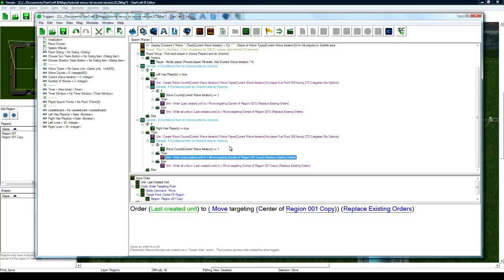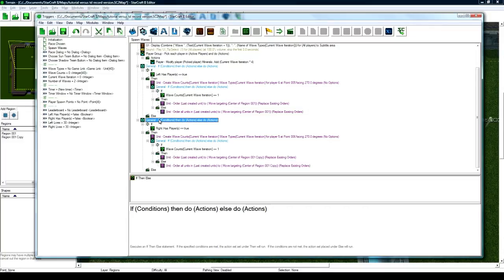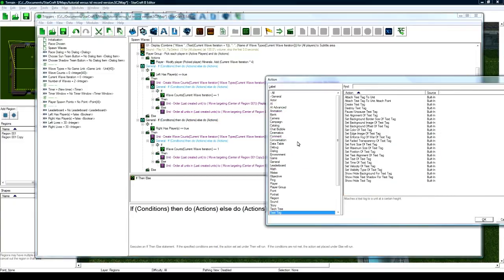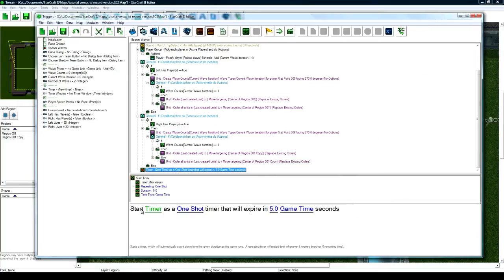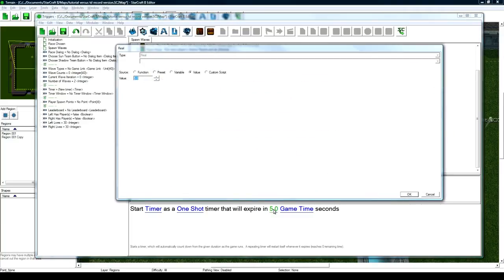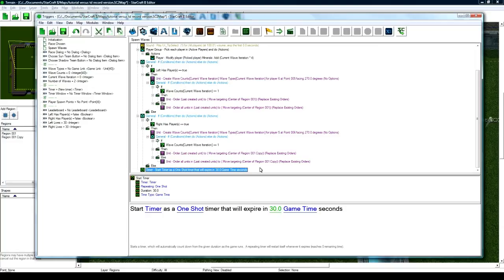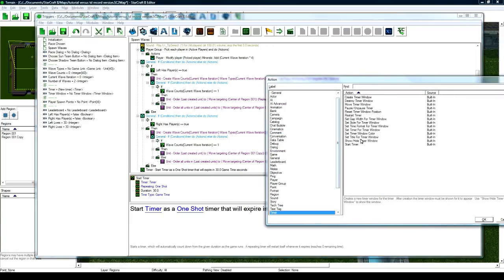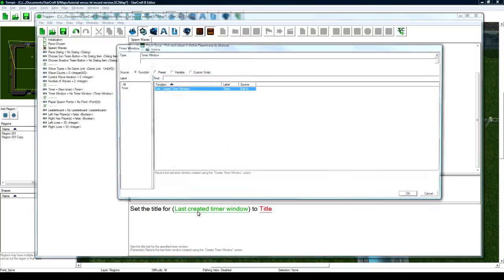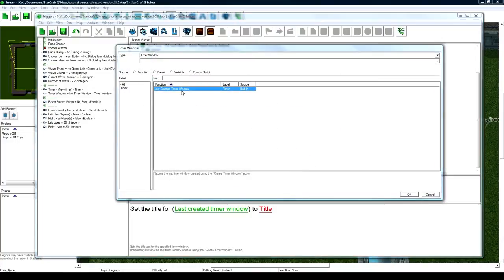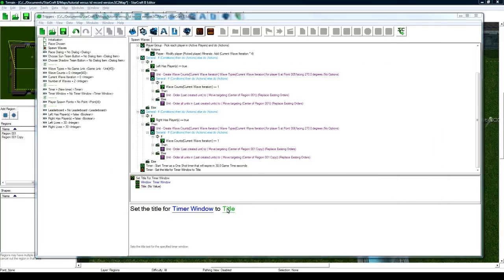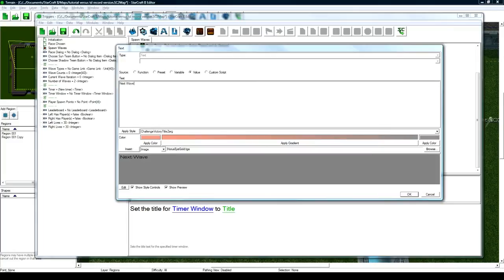And then after this, click on the top level of this if statement and Control W, new action, timer, start a timer. We're going to start that variable again as a one-shot timer that will expire in 30 game time seconds. So now the timer's already cranking out again, so you got to be on your defense pretty fast. And we're going to change the title, add a new action, timer, set title for timer window, set title, and this is where we had the timer window variable here, because last created timer window would do nothing probably. So change it to variable timer window. And the title is going to be next wave in :